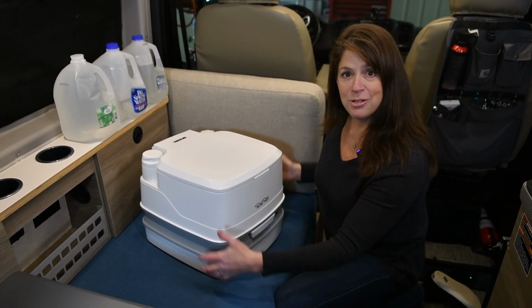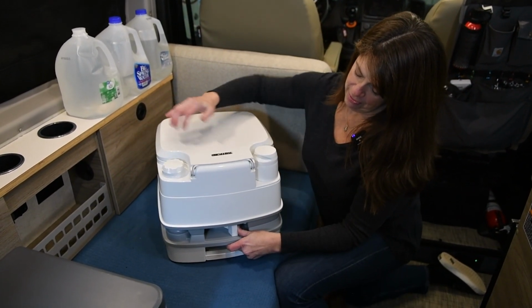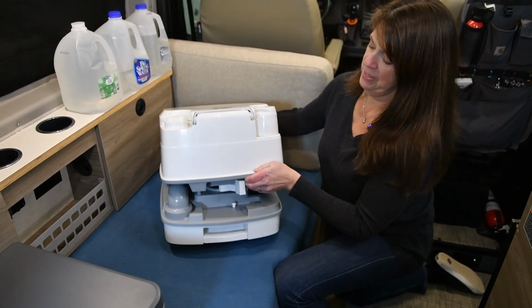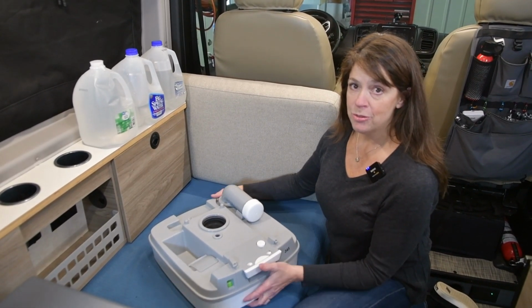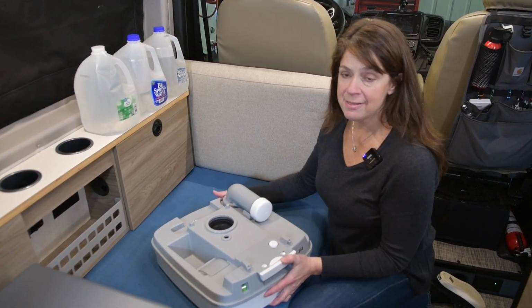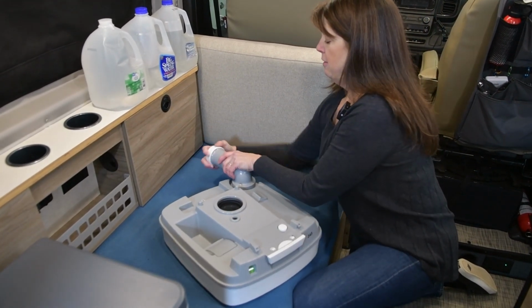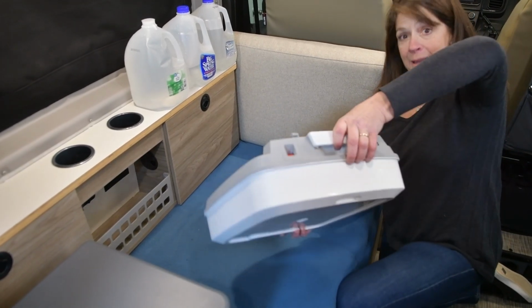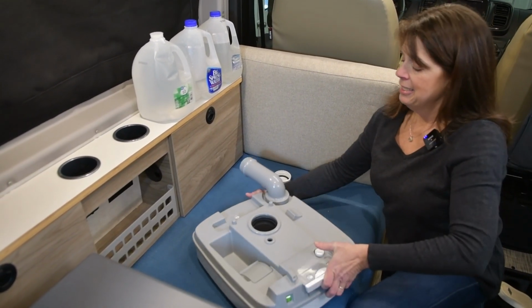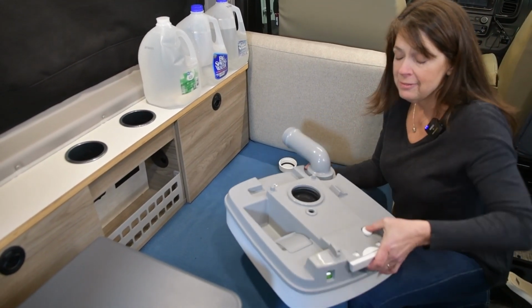With a cassette toilet, you have to detach the two sides in order to get to the mess inside the cassette. So you pull the little lever, you separate them, which I don't do well. Once you've separated the two, you take this to where you're dumping out the waste. It comes out the same tube that you initially put the water in. So you get that out, uncork it, depress this to get air in the system, empty it, right? Then pour more water in, swish it around, empty it again,